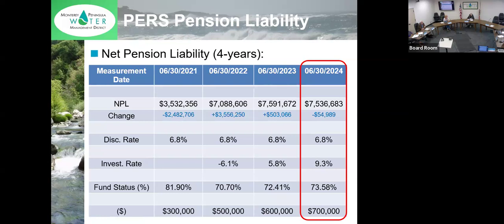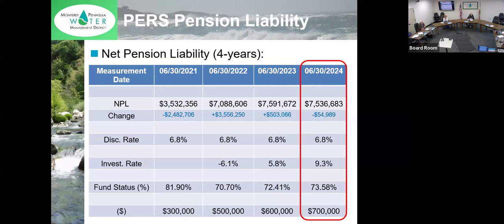Because when there's a loss, CalPERS tries to ramp up that over several years, so there isn't a shock in the system. And so when there's a year of good return, it's trying to smooth it out. So anyways, there's a net reduction. We're still at 7.5 million. And that brings, so the funded status of our plan is around 73% as of now.